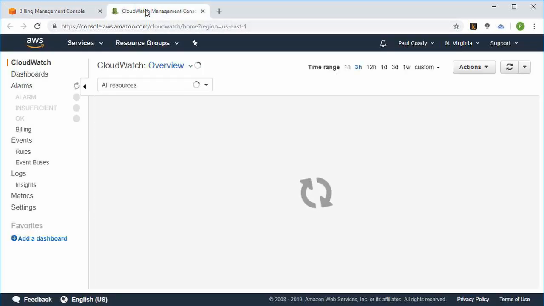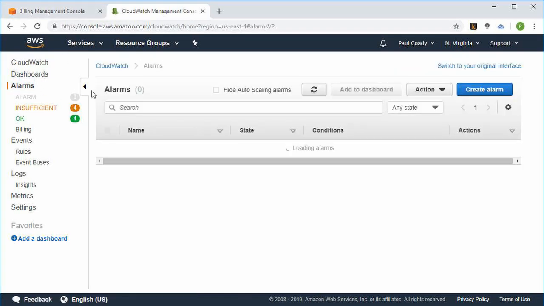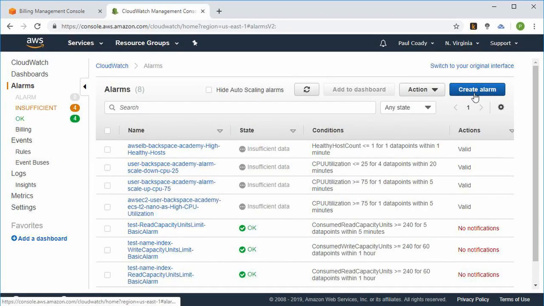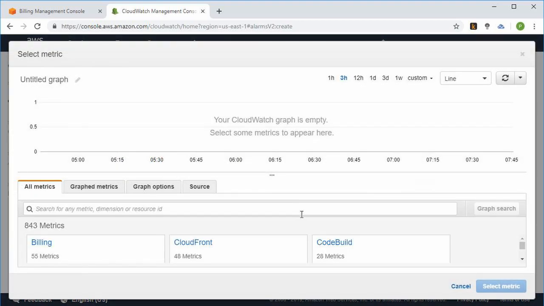And what we can do is set up an alarm that is going to be triggered whenever our account exceeds a certain level in dollars. So we just go to Alarms and we create an alarm here. We need to select a metric. And we have a number of metrics to select from. The ones that we want are billing. Now,